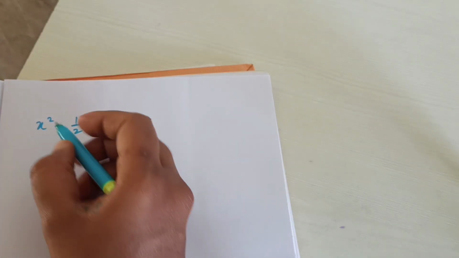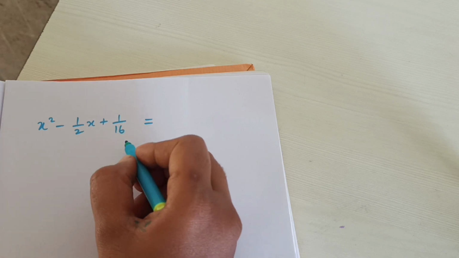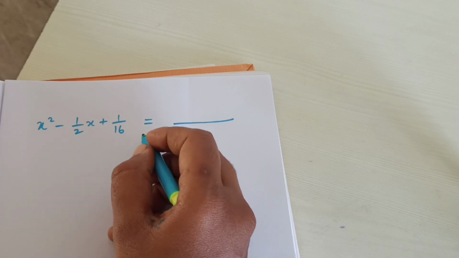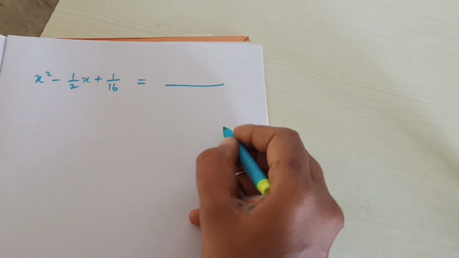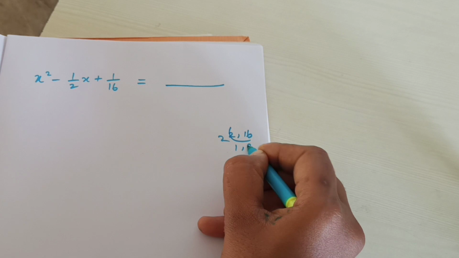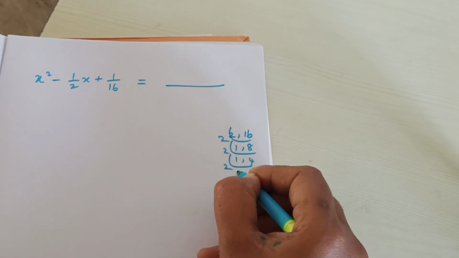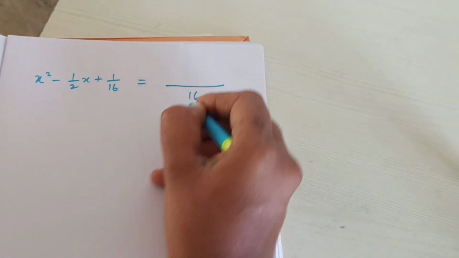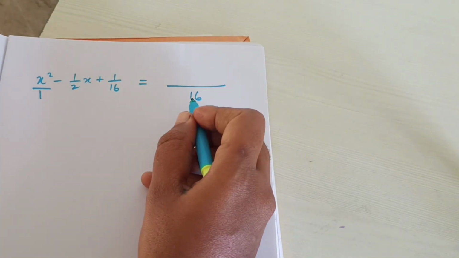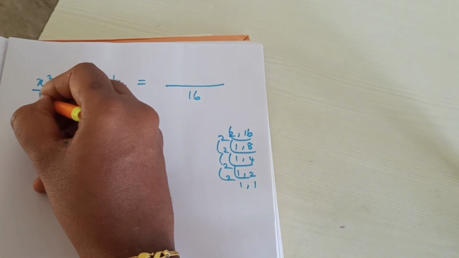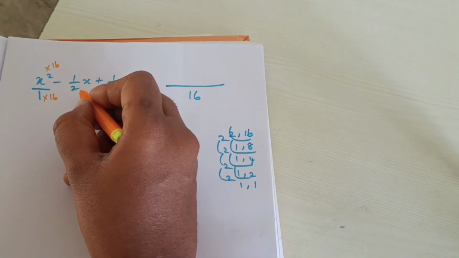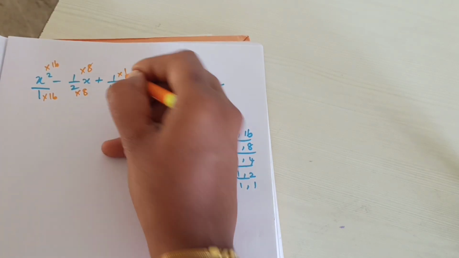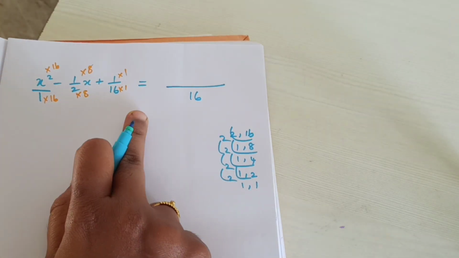And check the denominator term, x square minus 1 by 2x plus 1 by 16. Shall we take the LCM first? Here 2 and 16, what's the LCM? 16 only. If you have doubt, you can check 2 and 16. 2, 1, 8 and again 2, 1, 4, again 2, 1, 2 and again 2, 1, 1. 2 2s are 4, 4 2s are 8, 8 2s are 16 only. So 16. Here 1, we can change it to 16. So 1 to multiply into 16 into 16. Here 2 1 to convert to 16 into 8 into 8. Here 16 into 1 into 1. So unlike fractions, we are changing into like fractions.